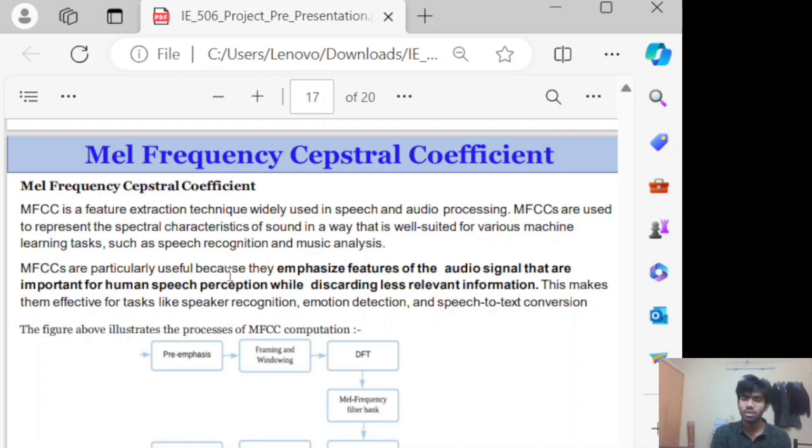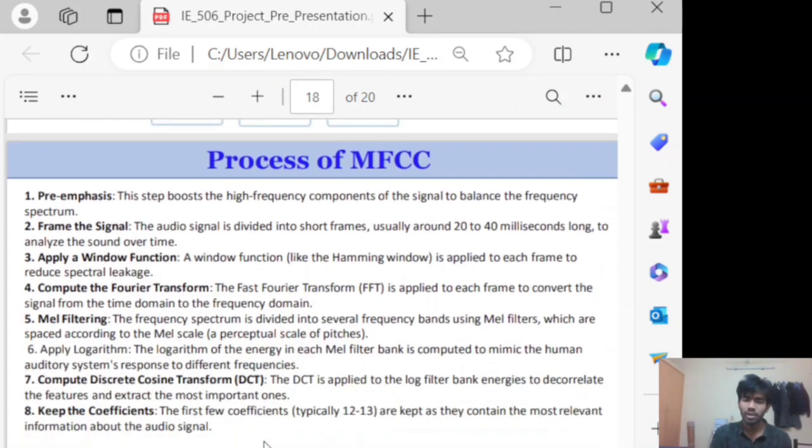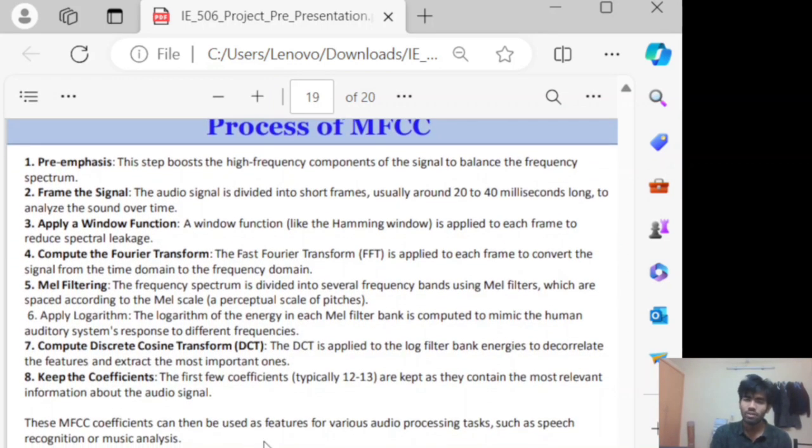This is done by using mel frequency cepstral coefficients. These coefficients emphasize features of the audio signal that are important for human speech perception while discarding less relevant information. This is done by this process. At first we have pre-emphasis. This step boosts the high frequency components of the signal in order to balance the frequency spectrum, and then we have framing the signal. Here the audio signal is divided into short frames in order to analyze the sound over time, and then